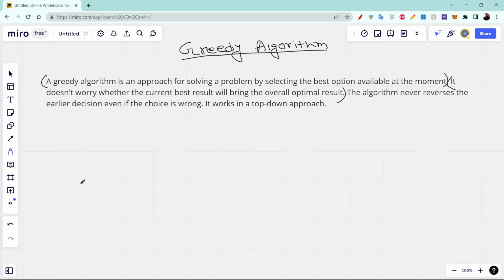Let me explain the definition with the help of an example. Let's say an example question. You are given an array in sorted order: 1, 2, 3, 5, 9, 10, and 11. Now, someone asks you to select